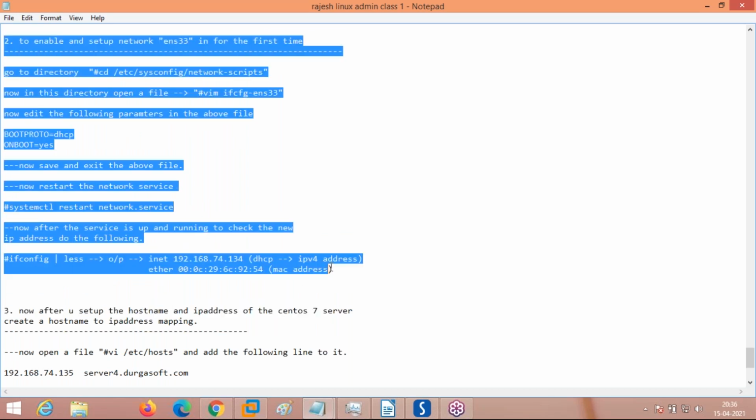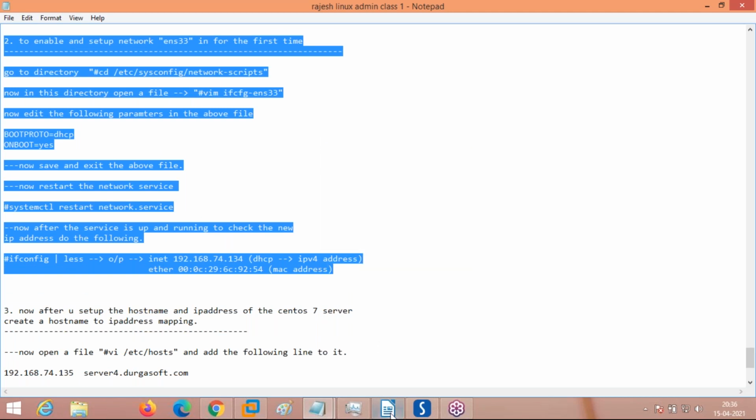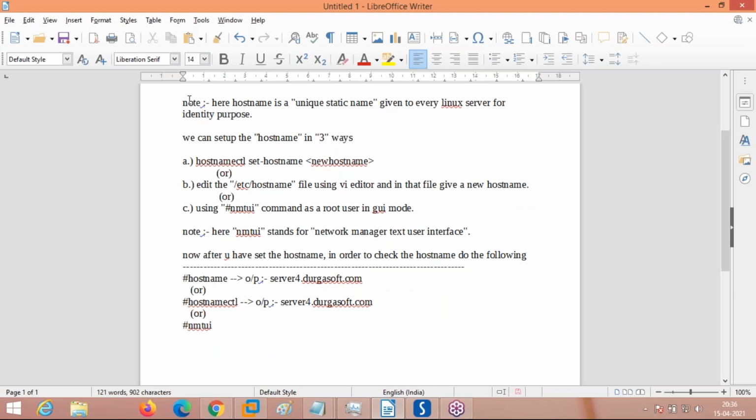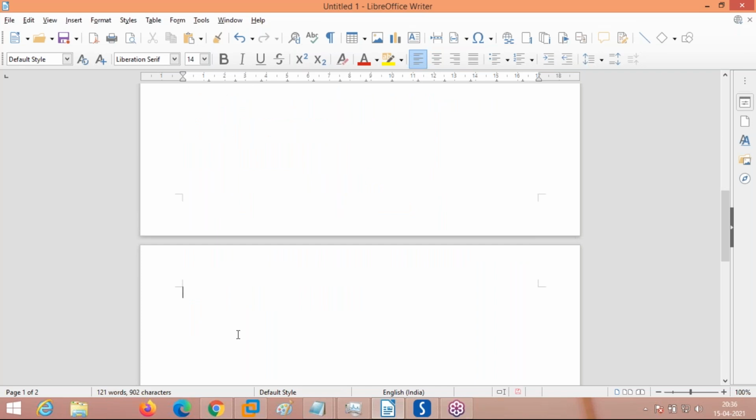See, this is the second note I have made. First, the host name is set. Second, now the host name is set. See here, this is how to set the host name and check the host name. The command to check is the hostname command. The command to check is also the hostnamectl command. After that, now I am showing you how to set.